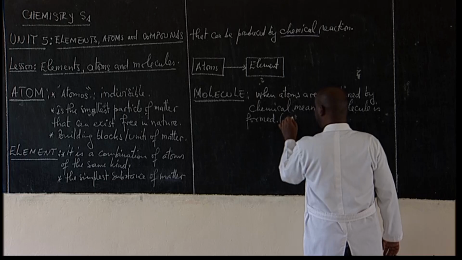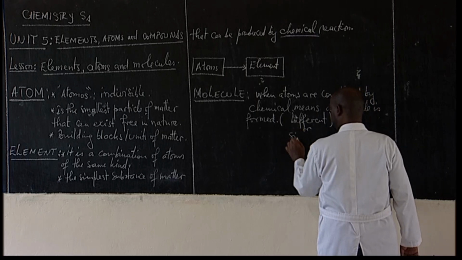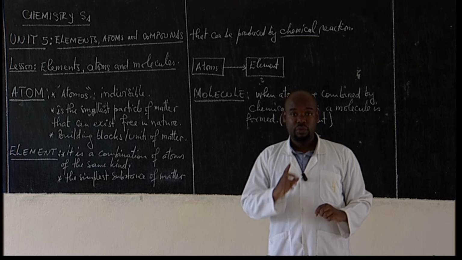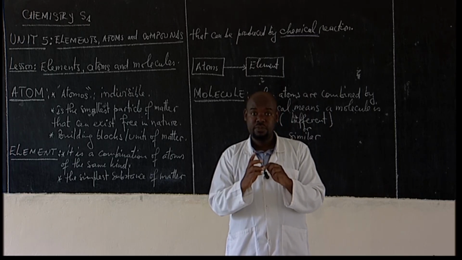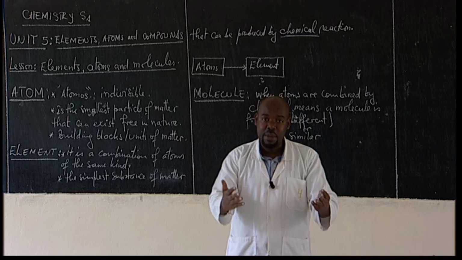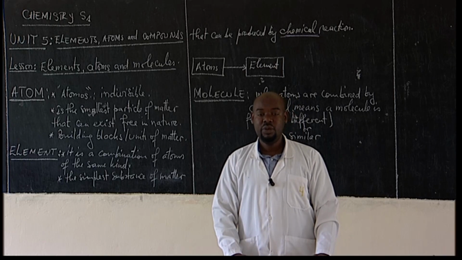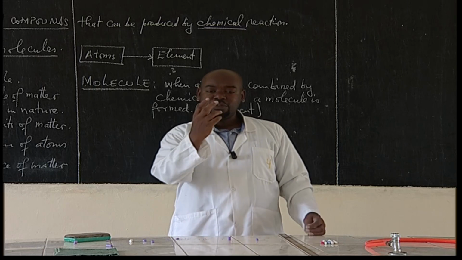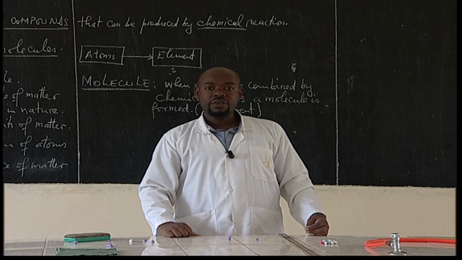Here the atoms can be different. Atoms may be different or similar. If the atoms are different, we get a new compound or a molecule. But if the atoms are similar, we get an element. So a molecule can be composed of different atoms or composed of the same atoms. And if it is composed of the same atoms, then we call that an element. Okay? For example, we can consider water. Water is a substance composed of an element we call hydrogen, and another element we call oxygen. So we have the